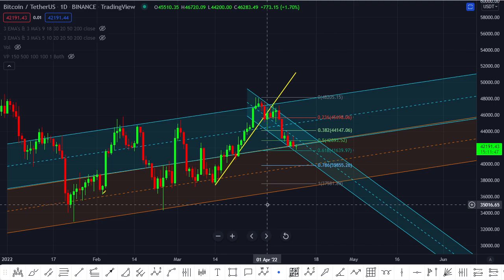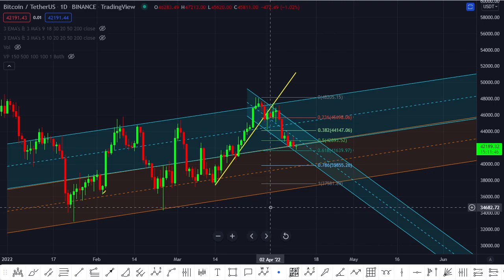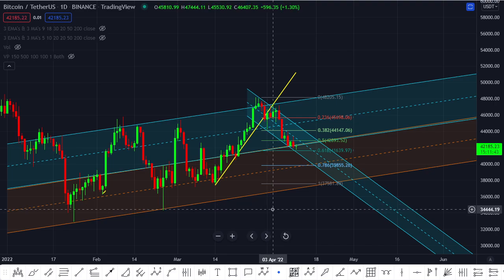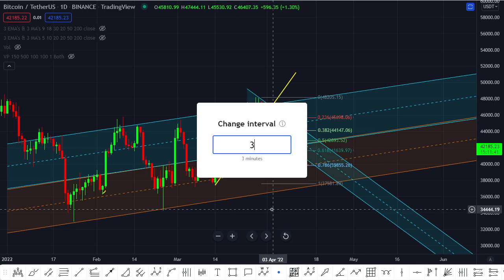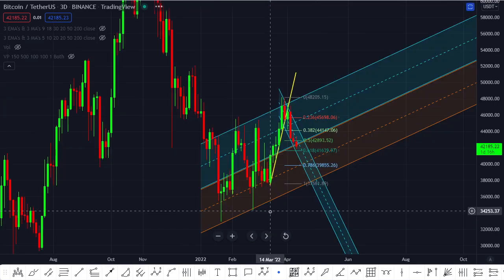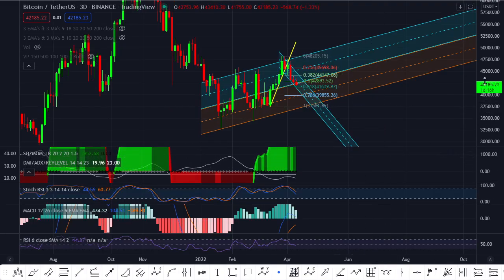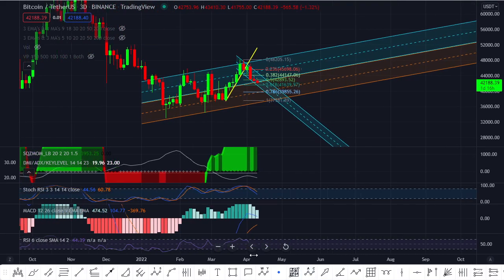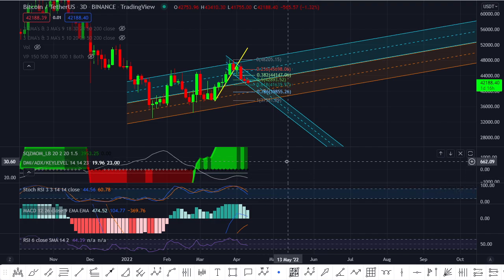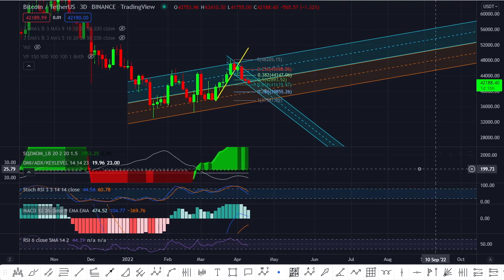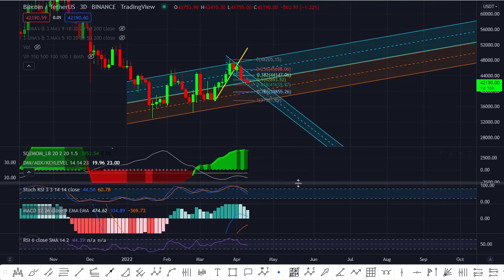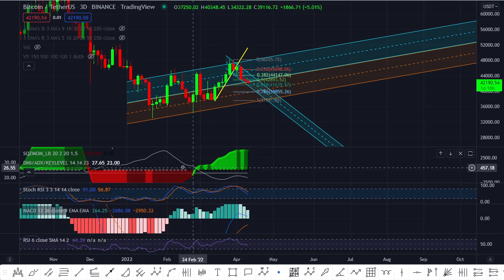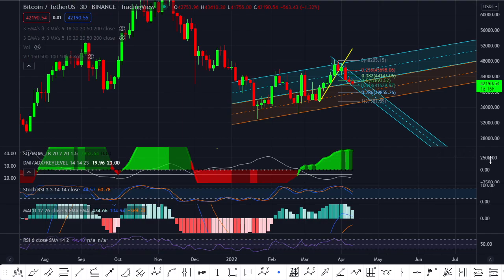So first of all, let me jump to the macro time frames, like the 3-day chart, because they're very important in helping us understand where we're heading. On this macro time frame, the 3-day chart indicators are basically telling you that you are bearish. You're not very bullish here. I'm not going to say bearish, I'm going to say you are in a downtrend or a pullback type of scenario. That's number one. So usually, as you can see, I'm going to just show you to the left what pullbacks look like on